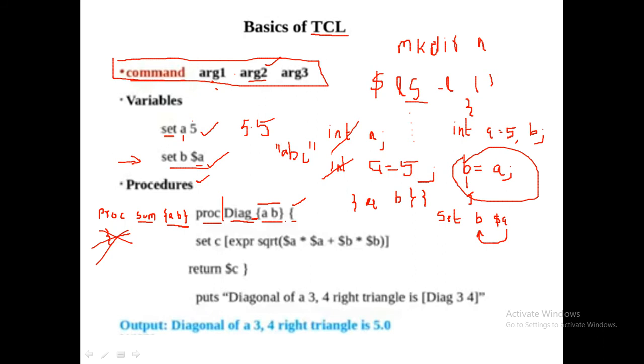Now again we are using set, with variable name C, right? Then we do certain calculations. And how do you do simple calculations in Unix? By using the expr command. Already you know that, so you have written various programs here, right? So expr, now I have got some values. I'm taking $a, which means the content of variable A, multiplied with the content of A, meaning A square plus B square, right?